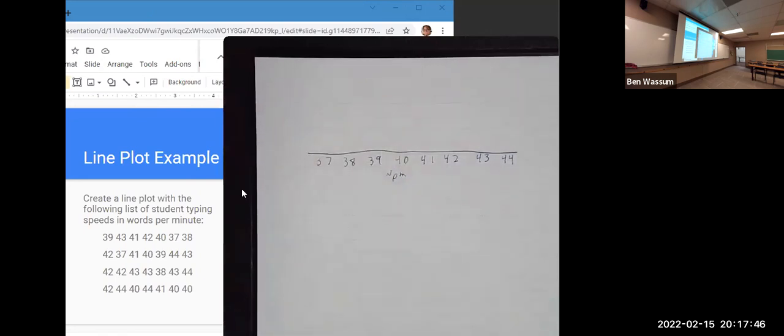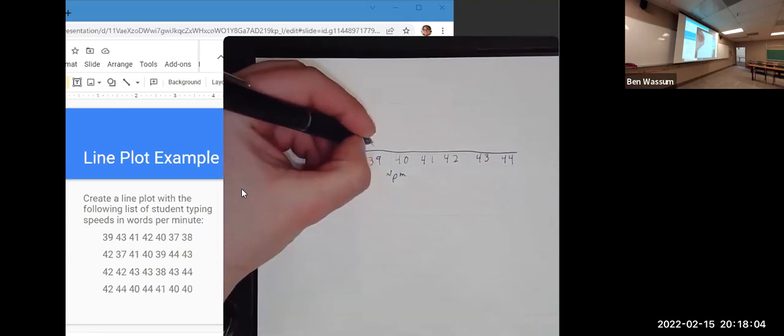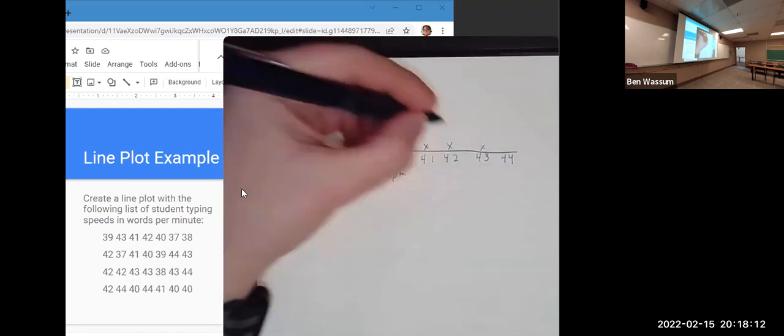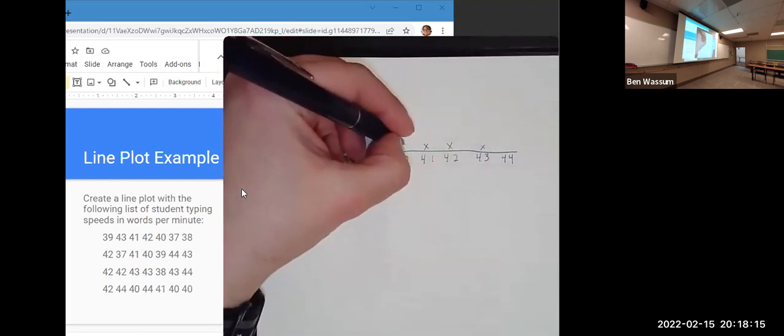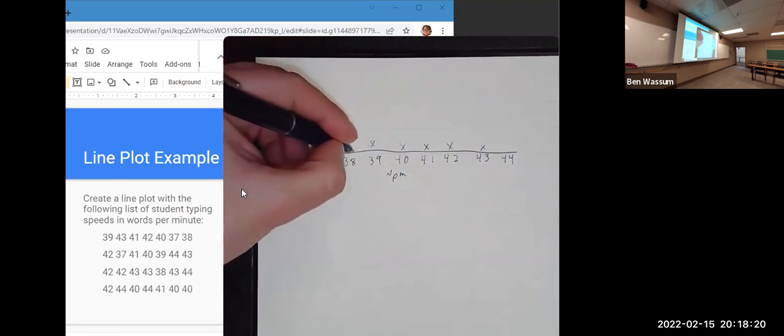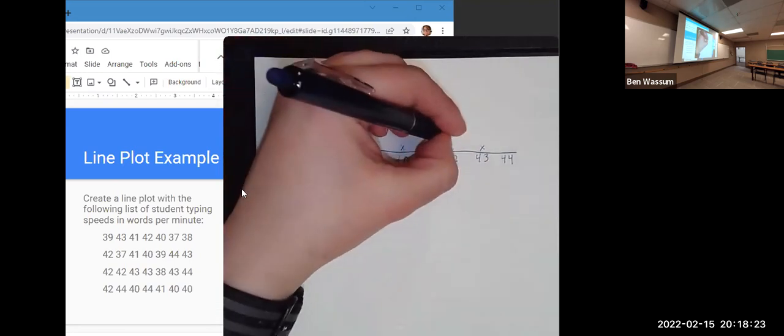And I'm going to look at my chart essentially of different data points. I'm going to start from the top left. I'm going to read across and then go down a row and then go down a row and then go down a row. So starting from the very top, we have a 39. So we're going to put an X on the 39. We have a 43, 41, 42, 40, 37, 38, 42,